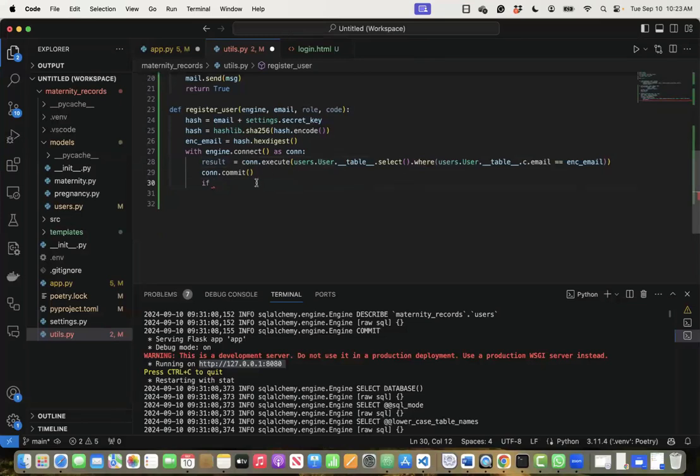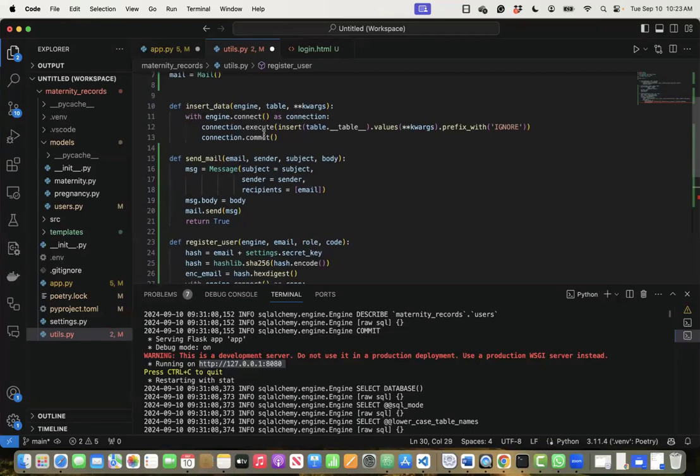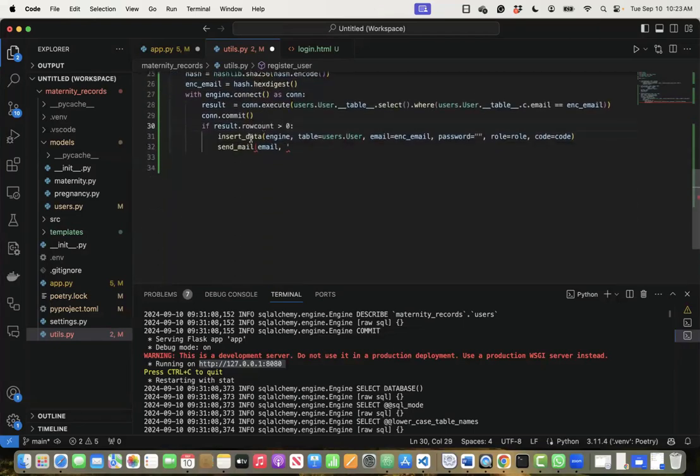We want to say that if this result contains any row, so let's say if result or row count is greater than 0, not equal to now, is greater than 0, we want to use this insert data function,